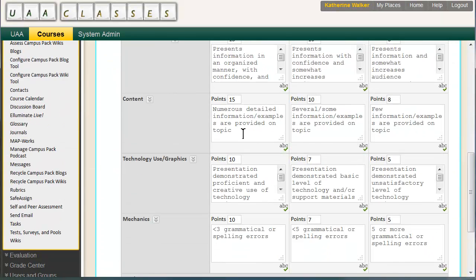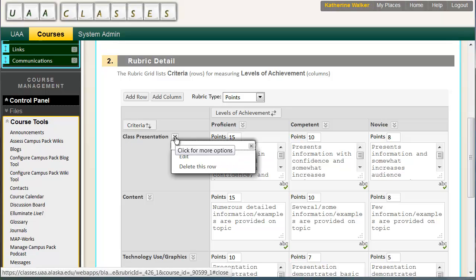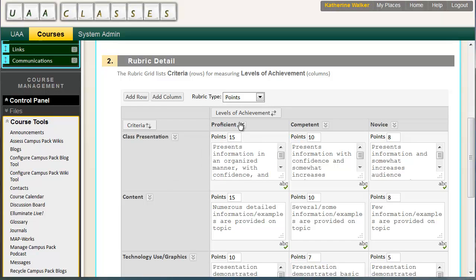whatever I want. So I can make any changes to this rubric, changing the criteria names by clicking this, changing the levels of achievement, changing the points, changing the words inside here. I did notice that there's a limit of, I think, 1,000 characters inside each of these little boxes, so that